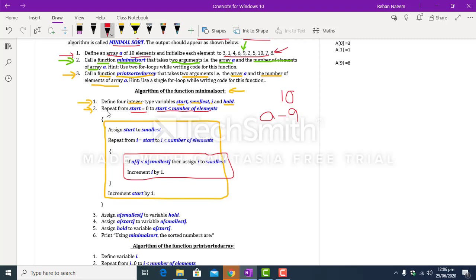So what is inside this yellow box? Inside this yellow box, you have to write the code for this line: assign start to smallest. So assign start to smallest basically means that you have to write smallest is equal to start. This is the meaning of this line.